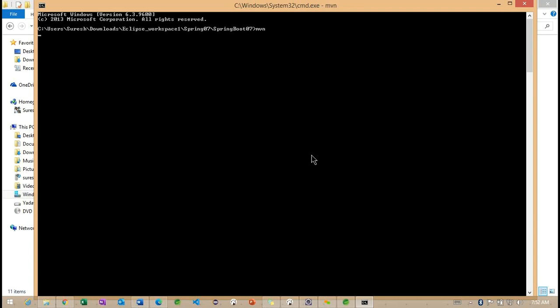Suresh, you mentioned we cannot use this actuator in production, right? But in production, how will we monitor the application without this actuator? Logs only. Oh, only logs. Because if we configure Prometheus and Grafana, we can monitor the application without using this actuator endpoint itself. Yes.